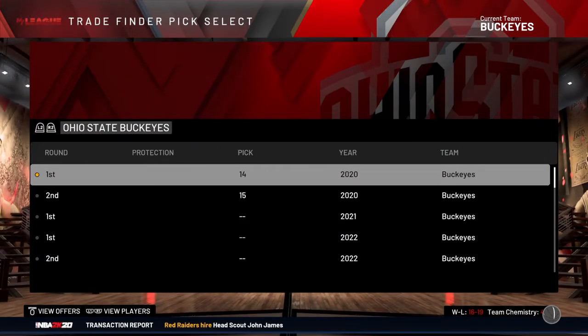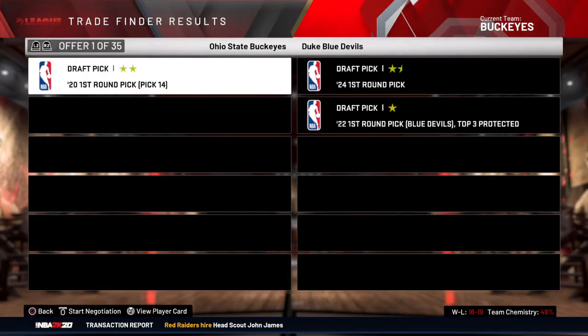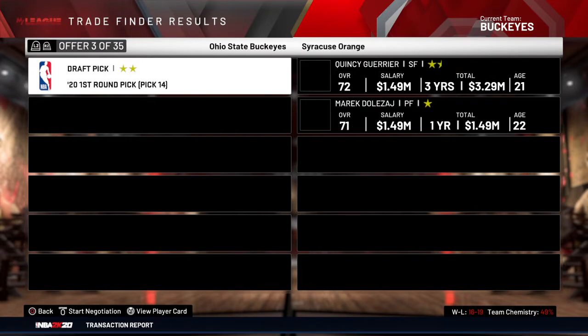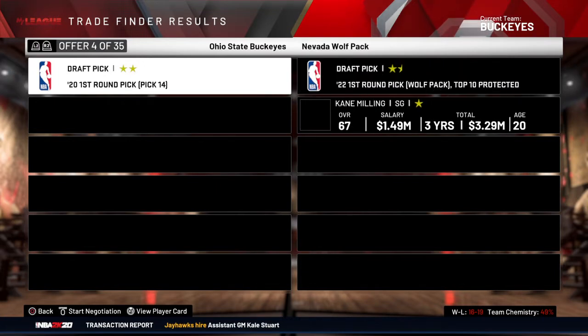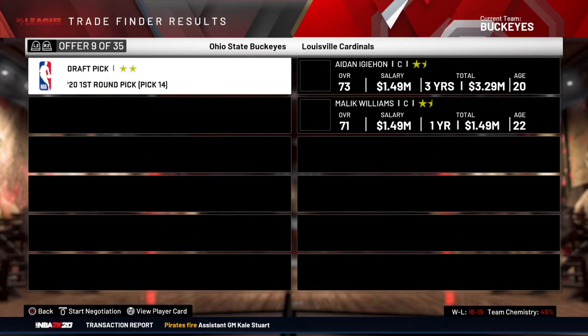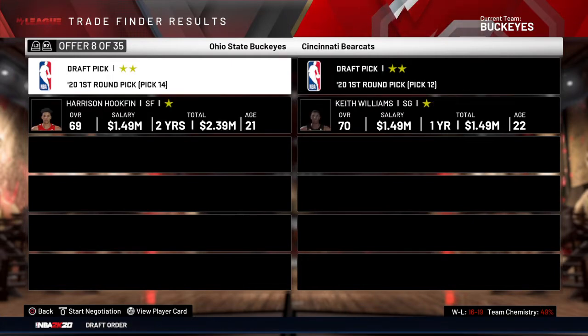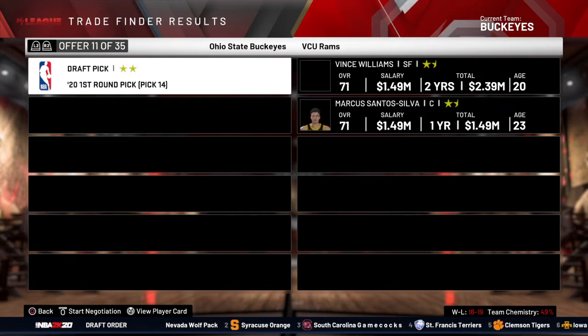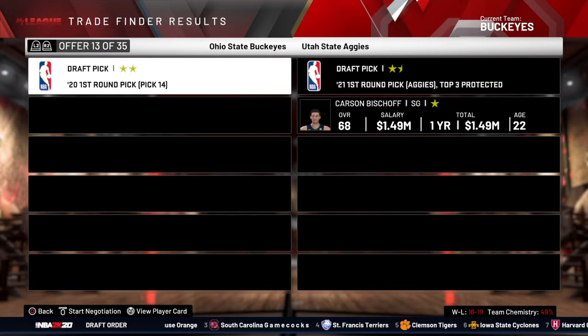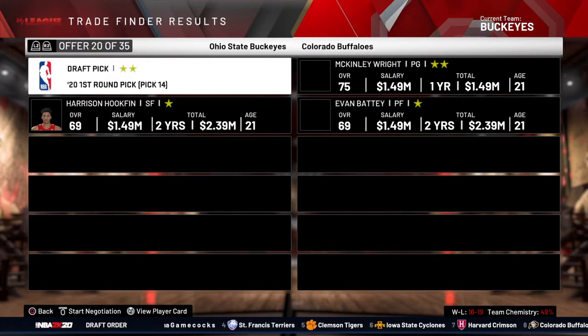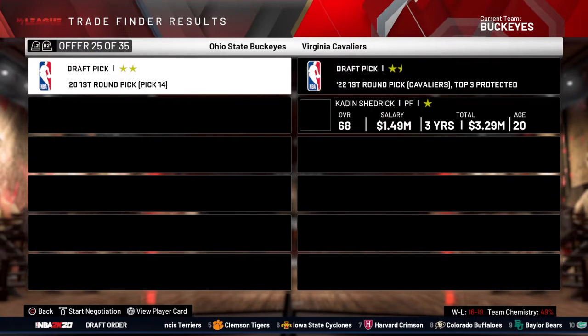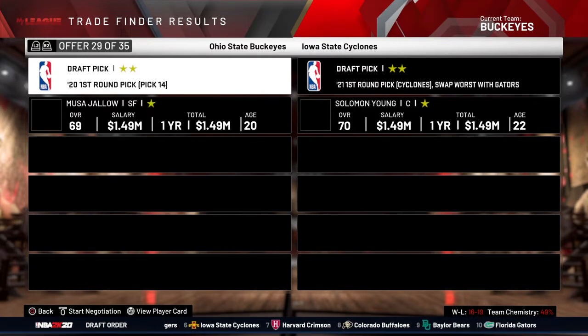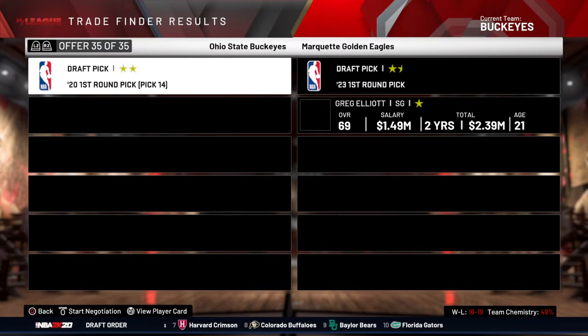Let's see. Who wants our first round pick, number 14, in the draft? Nobody? Come on. Okay, we're getting some offers. I'm probably not going to change. Ooh, okay. We could trade with Cincinnati to move up 2 spots to the number 12 pick. Could be useful. 35. Not going to do that. I'm not moving back. Okay. I'm not seeing anything I'm liking right now. These guys are giving me some hot garbage.